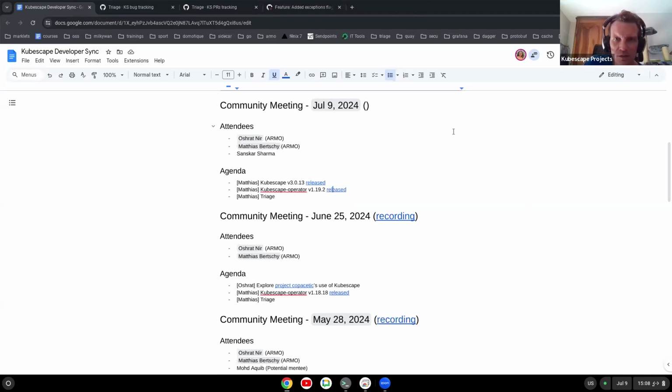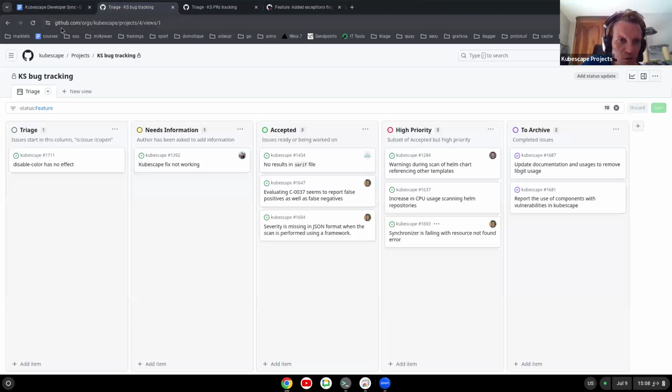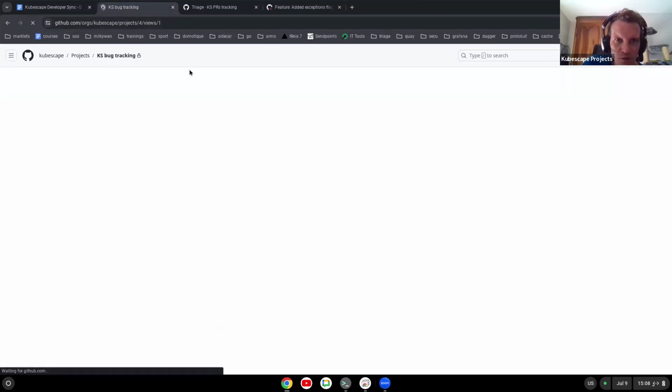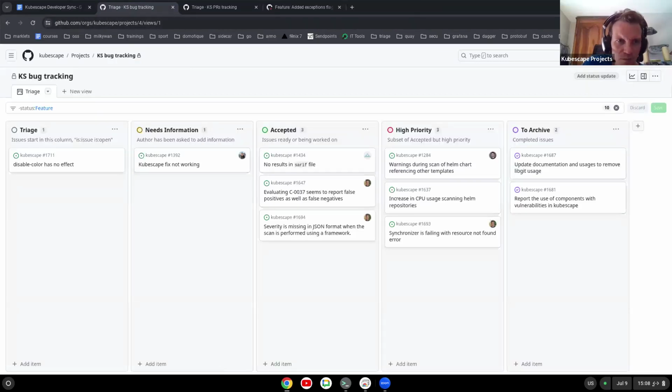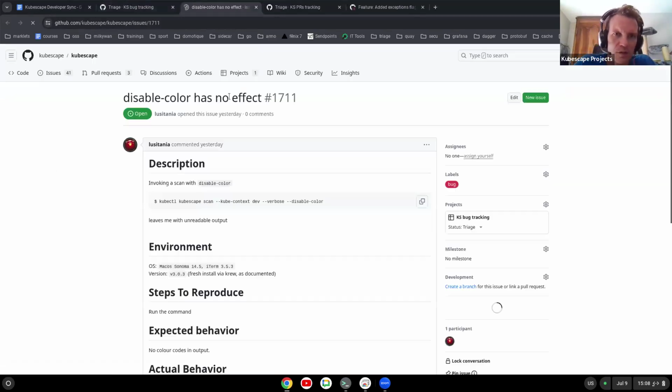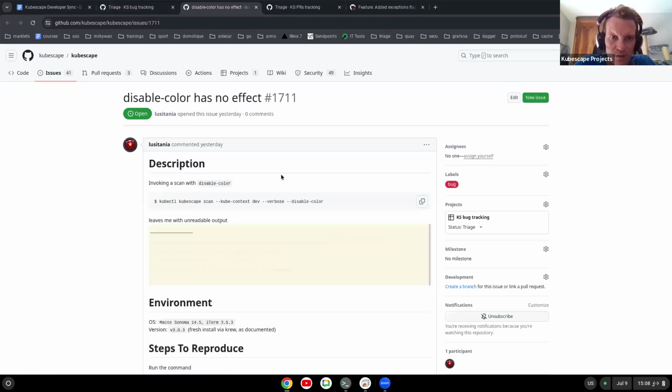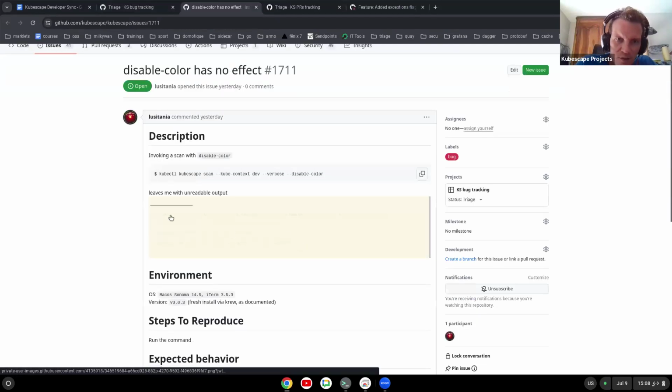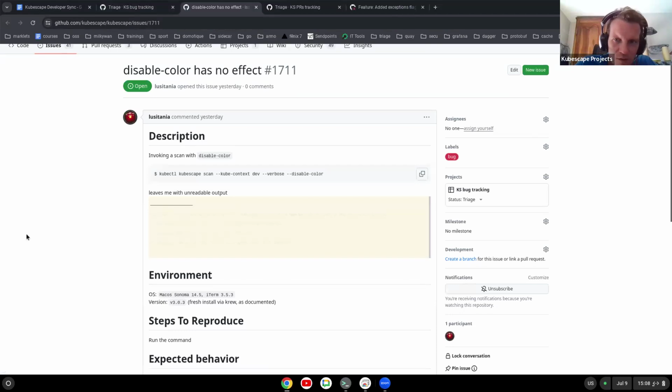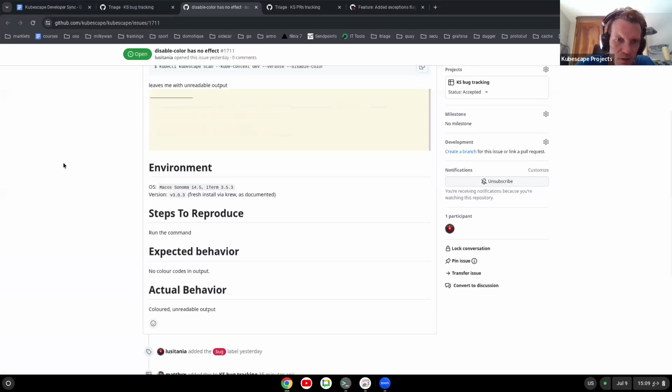And now let's have a look at triage. There isn't so much in the triage. I already looked a bit. So we have this bug that indeed looks like a real bug. So I think we should accept it and then try. So it's an old version, but